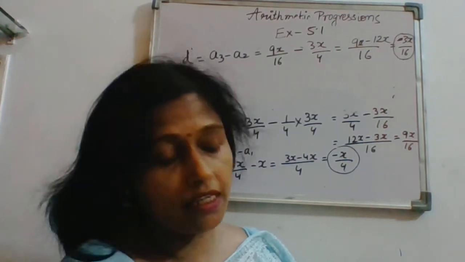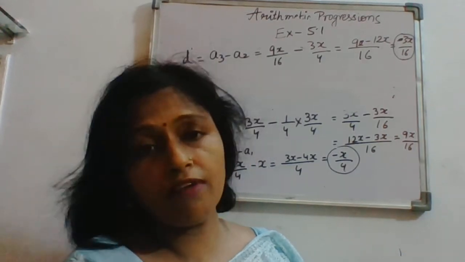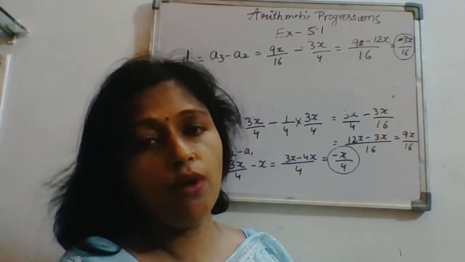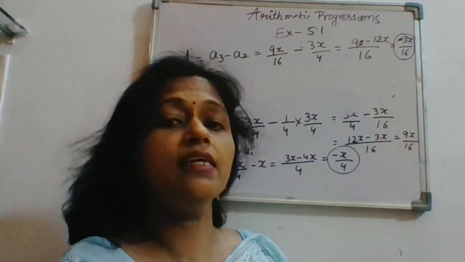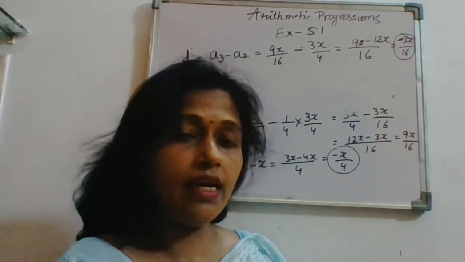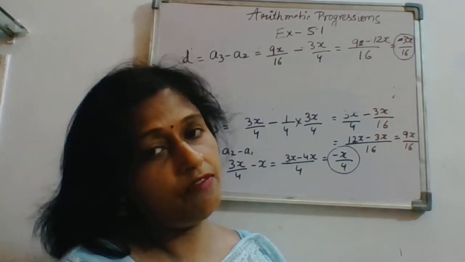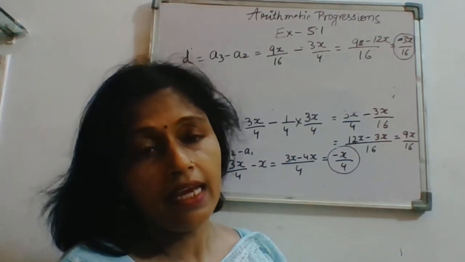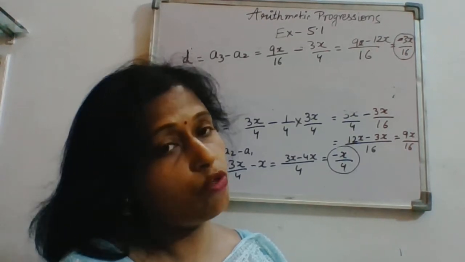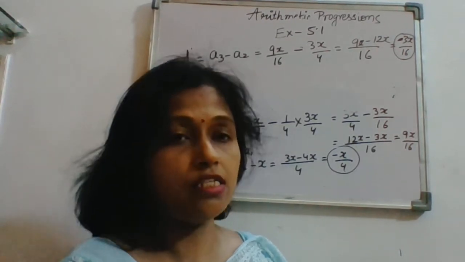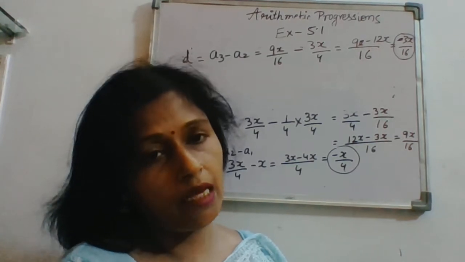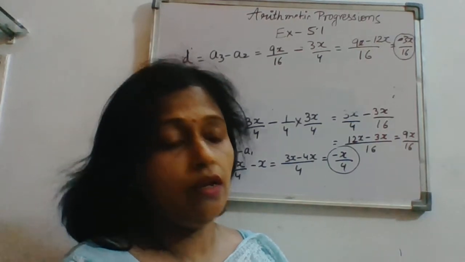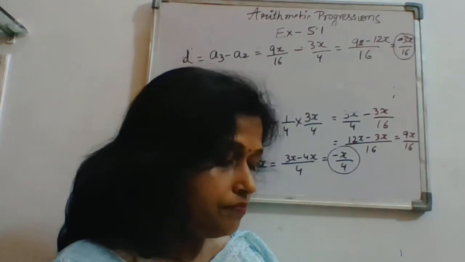That means for the second meter it will be how much? 150 plus 50, that is 200. Then for the next meter, it will be 200 plus 50, that is 250. So it will continue like that, 300, 350 and so on. So just find only three terms A1, A2 and A3 and check the common difference. If A2 minus A1 is equal to A3 minus A2, then the list of numbers is in AP. And here you will see that the common difference will remain the same, that is 50. So the list of numbers is in AP then.